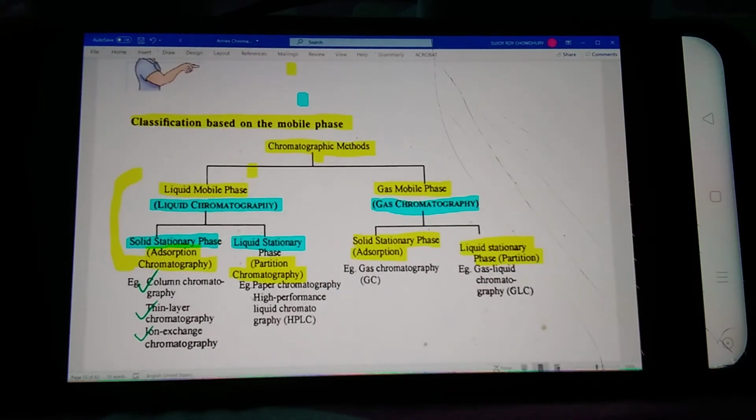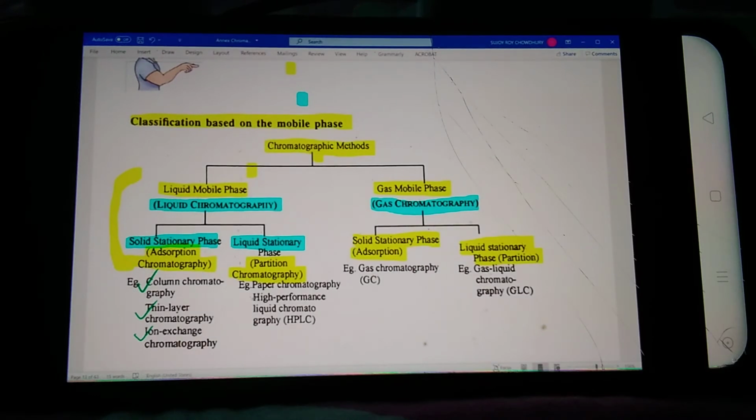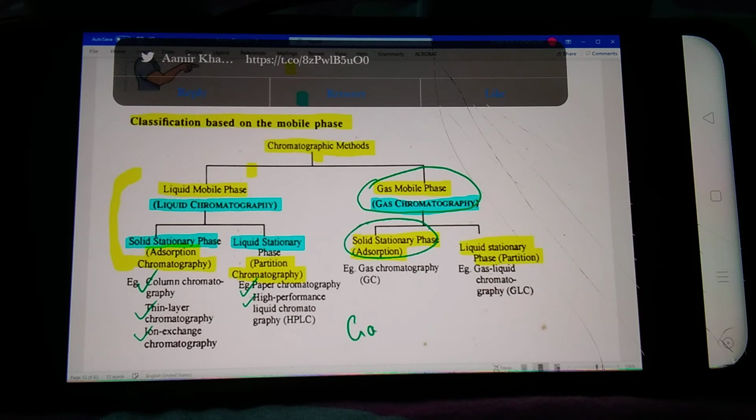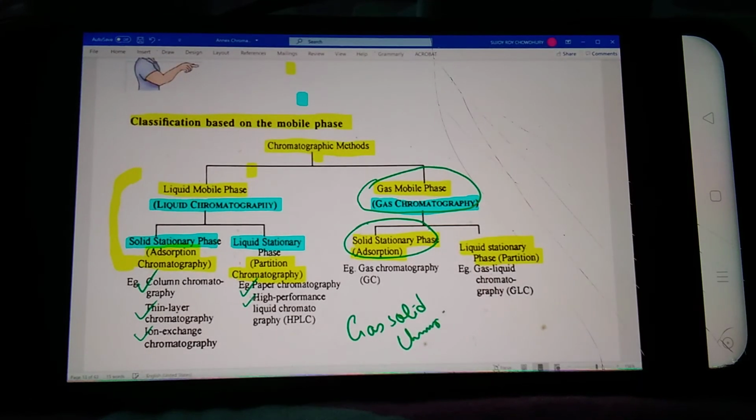And everything will get clear when you read those chromatographic processes. If the mobile phase is liquid, then that is paper chromatography or high performance liquid chromatography, that is HPLC. With a gas mobile phase and solid stationary phase, that is gas solid chromatography, and with a gas mobile phase and liquid stationary phase, that is gas liquid